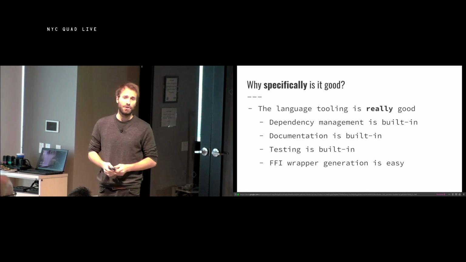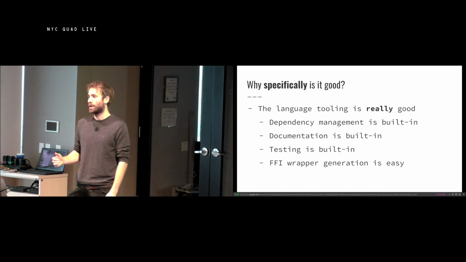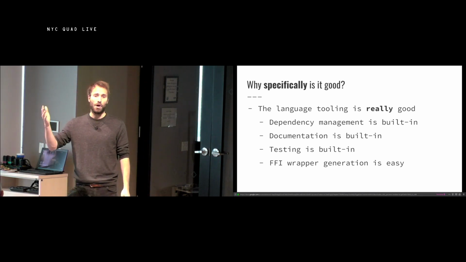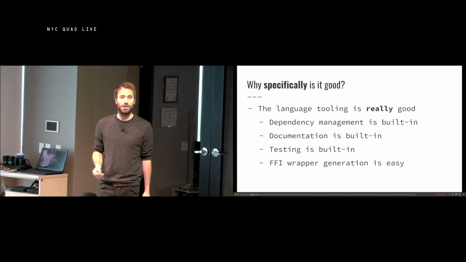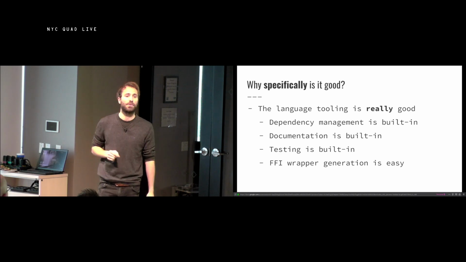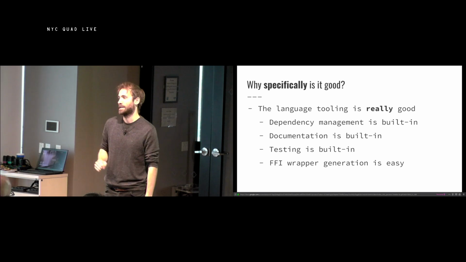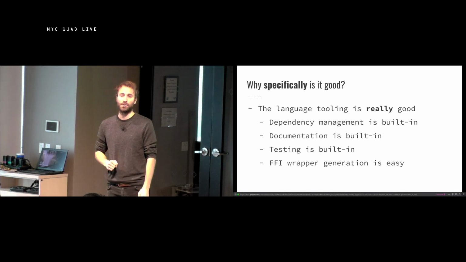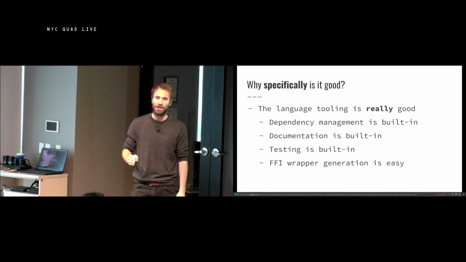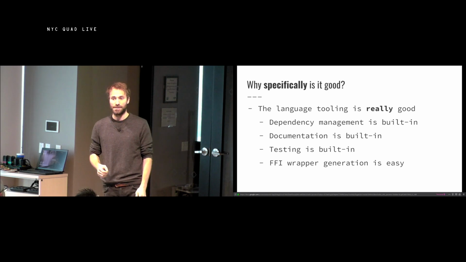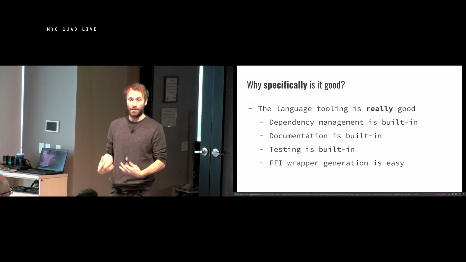Documentation is built into the language for every library, every file you write. If you take a function, a module, even a constant, you can prefix it with a comment with 3 slashes instead of 2. Now that is documentation. If you write code in that string, it will be automatically turned into a test so that your documentation cannot be out of date in any code samples that it has. All of this is integrated into the language.